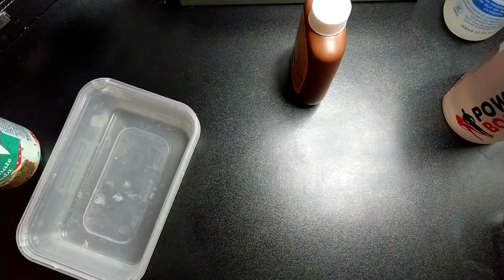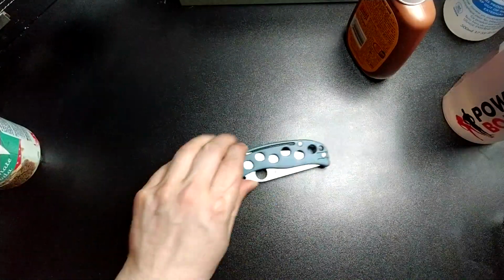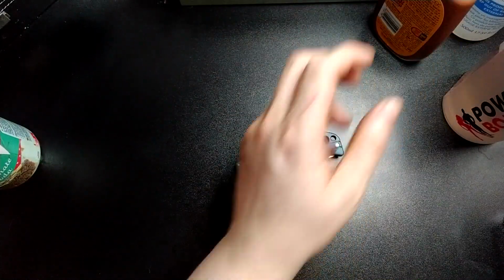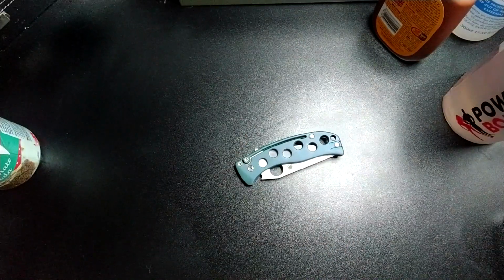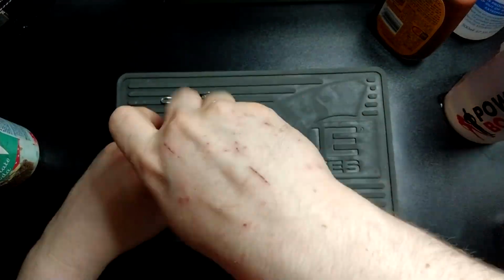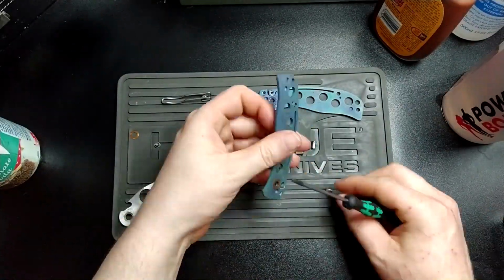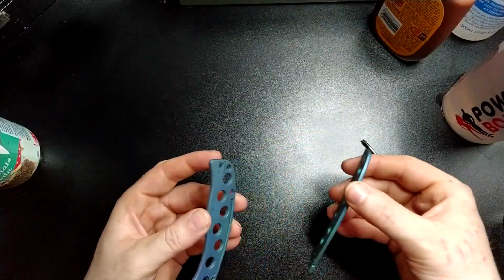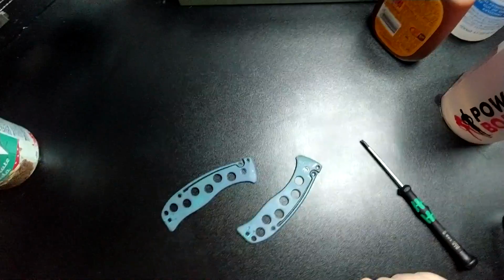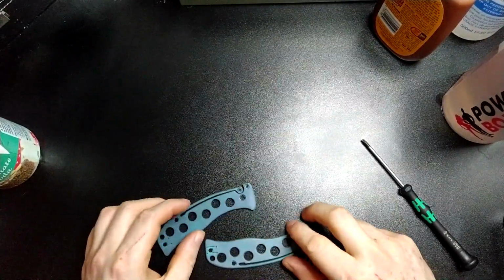So what I'm going to do is quickly disassemble this knife, and then we'll go from there. So now we have these two. What are we going to need to do this? Okay, so